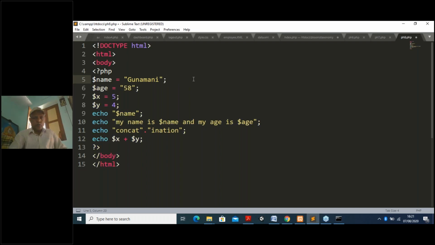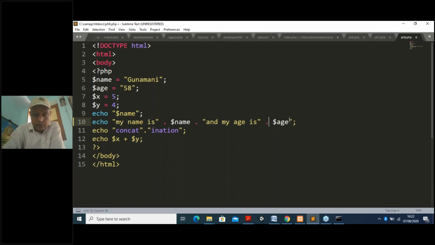So now we have declared some variable and we learn how it will happen. So you have to write my name is, then dot, then $name. I'm doing it here. My name is, then you write dot here, and $name, this is dot here and space, then $age, and my age is this one also there, and space dot.